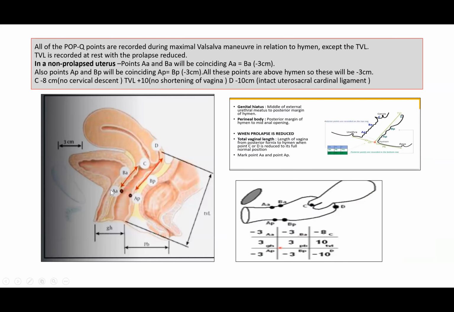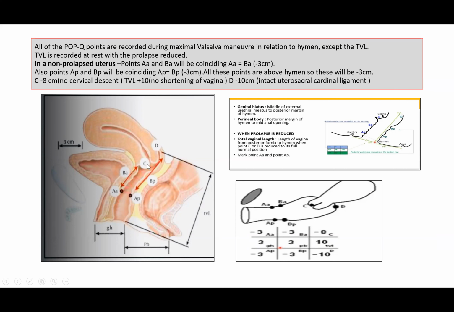First we are going to mark these points, AA and AP, with the prolapse completely reduced. After that, we are going to ask the patient to cough, and there will be complete excursion of the prolapse. Everything will come out. Then again, when there is the prolapse, everything is outside. Then again, we are going to measure the points AA and AP, and we are going to measure the points